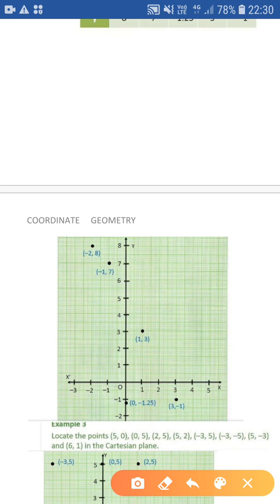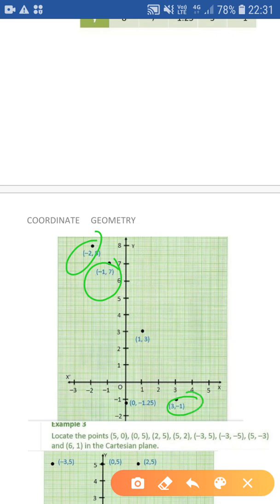I have told you that the first number tells you how many units you have to move to the right, and the second number tells you how many units you have to move up or down. Because they are positive, we use positive 3 units up, and we are reaching this particular point. Similarly, we can plot the other points, like (-2, 8) here, (-1, 7),